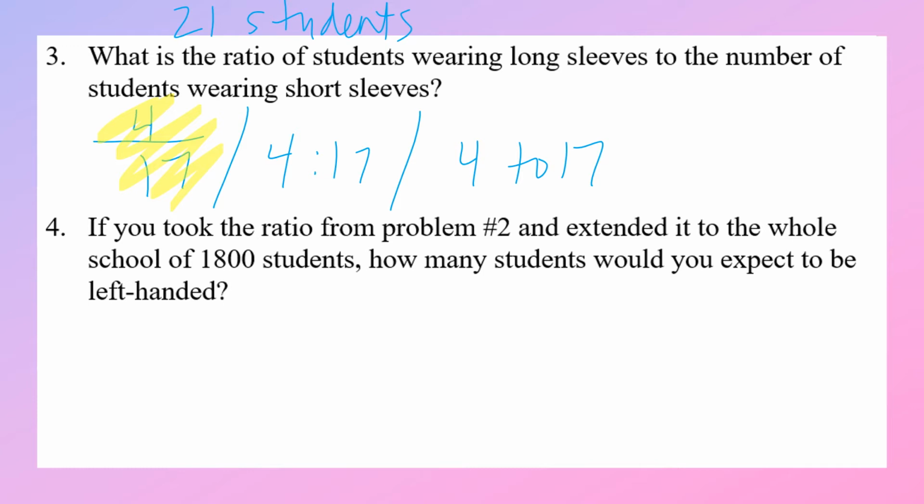If you took the ratio from problem number 2, which was 2 to 21, and extended it to the whole school of 1,800 students, how many students would you expect to be left-handed? So there are a couple different ways that you could do this. If I know that I need to have some number out of 1,800 students, you could do something called